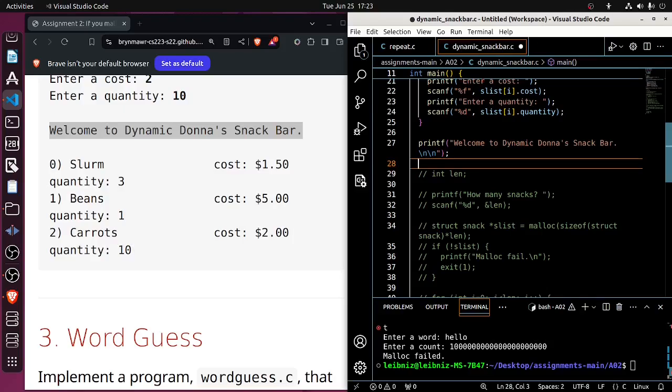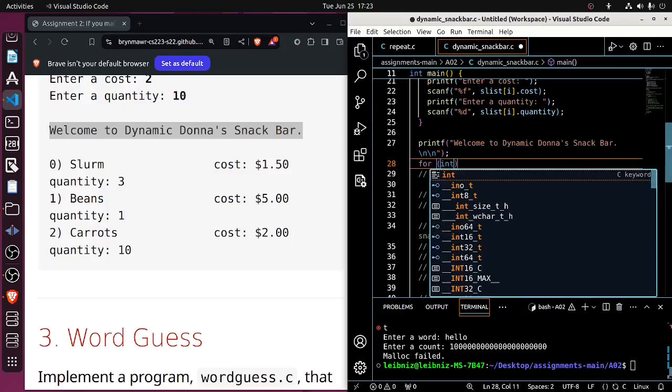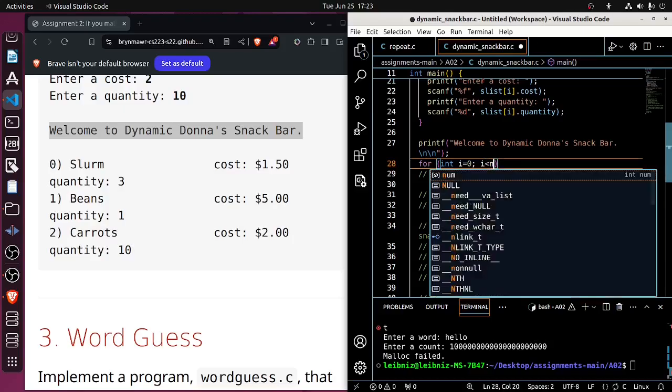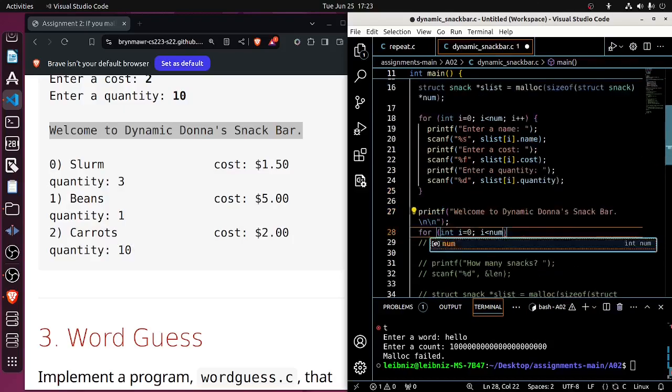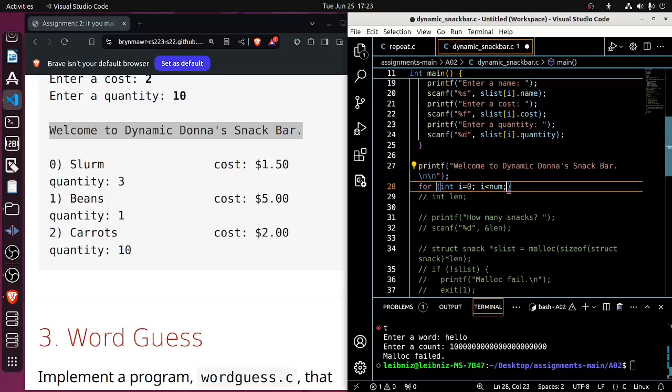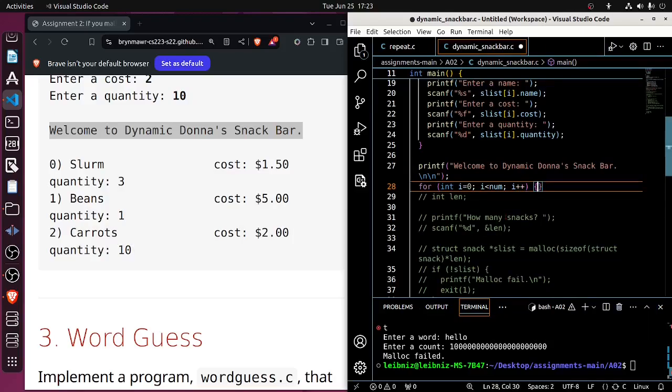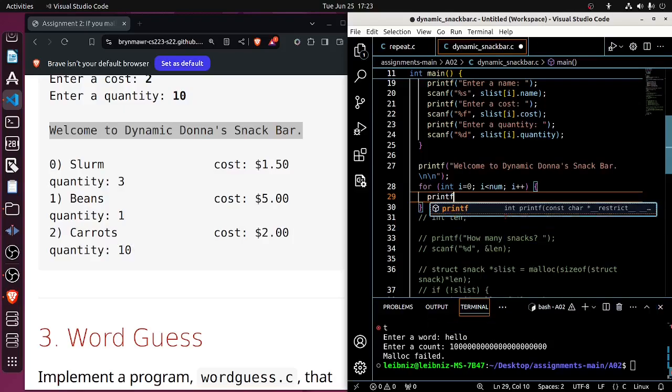And then for each item in the list, I want to print it. So let's say for int i equal to 0, i less than num, is that right? Seems right, yep. And i plus plus,